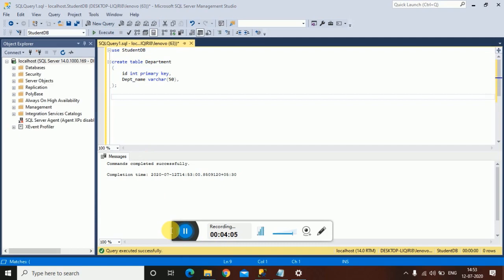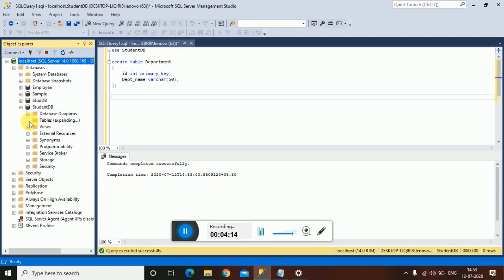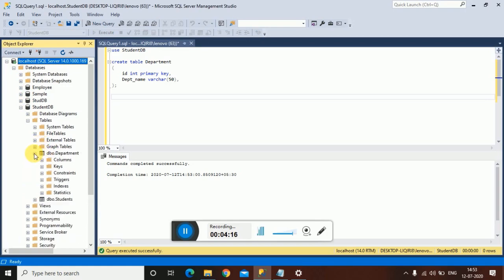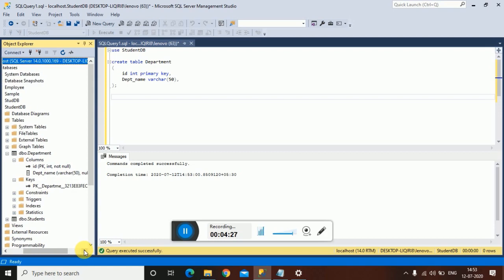You can see the default name by expanding the student DB section, going to tables, expanding the department table. You can see that there are two columns and the name for the key is pk underscore department underscore some number. I didn't specify this name. This name is specified by the system itself by default.